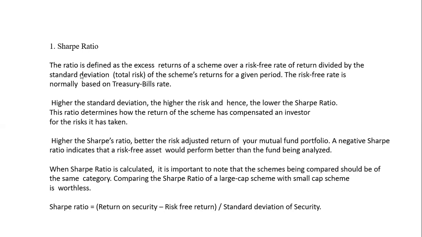We are going to divide by the total risk, that is the standard deviation, and the numerator will be the actual return of the mutual fund, minus the risk-free return of a treasury bill or government security. So the Sharpe ratio is calculating the